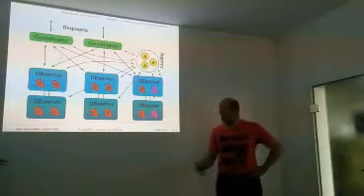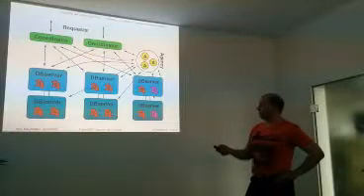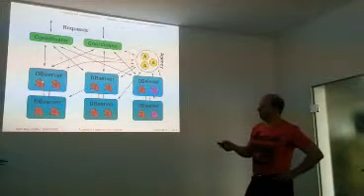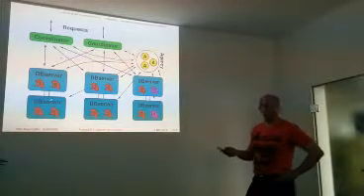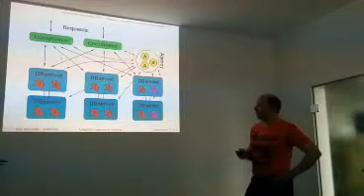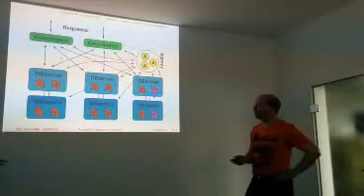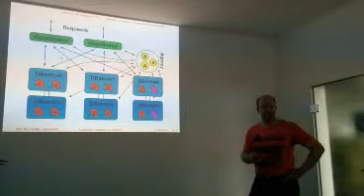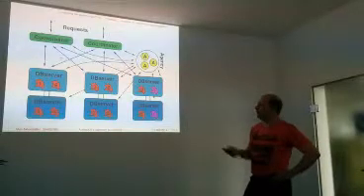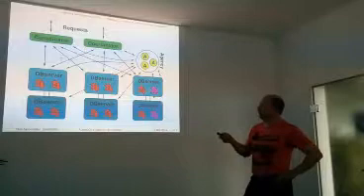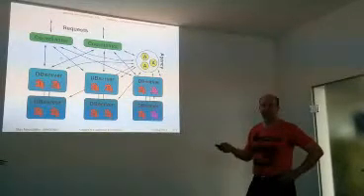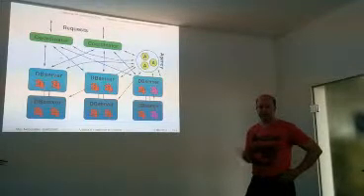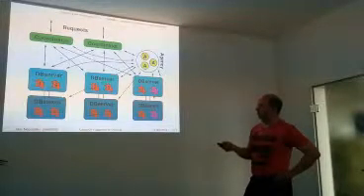ArangoDB, running on a cluster of machines, consists of multiple DB servers, actually holding the data and internally handling the requests. Each of them is doubled as a synchronous replication pair to provide fault tolerance and automatic failover. However, the requests coming from the outside are handled by so-called coordinators, which are other nodes running ArangoDB, which hold no state, and which just have the task to distribute the requests to the proper DB servers, such that the proper shards can be asked and the requests can be dealt with,